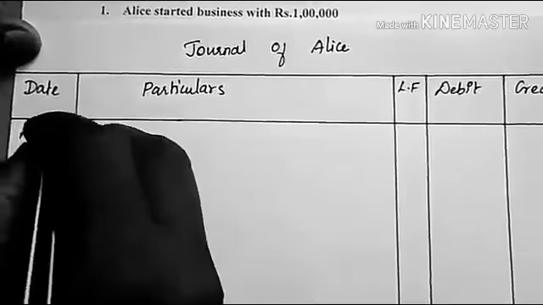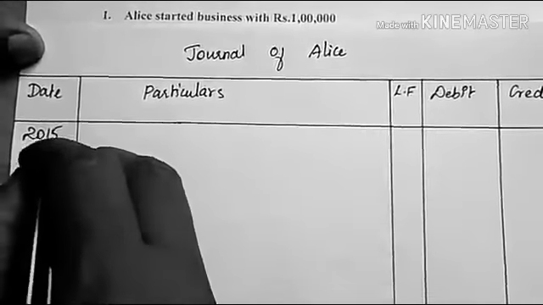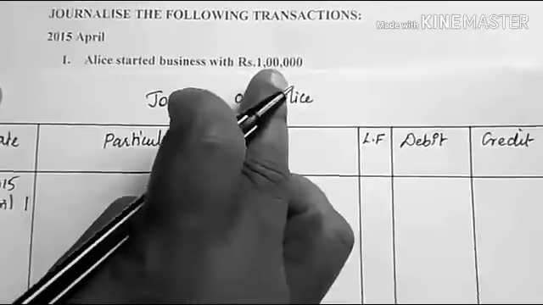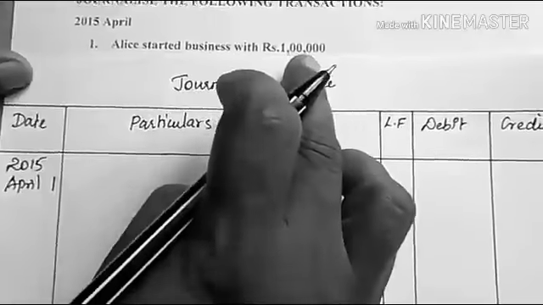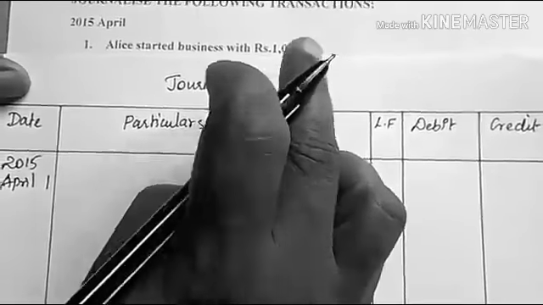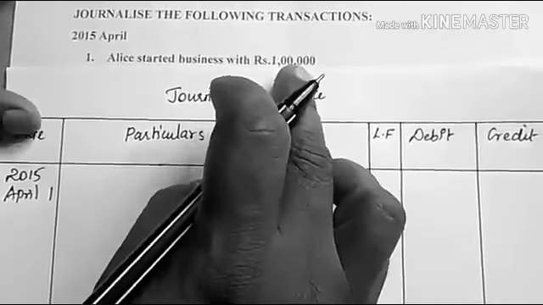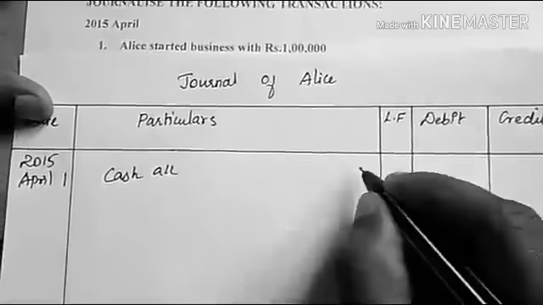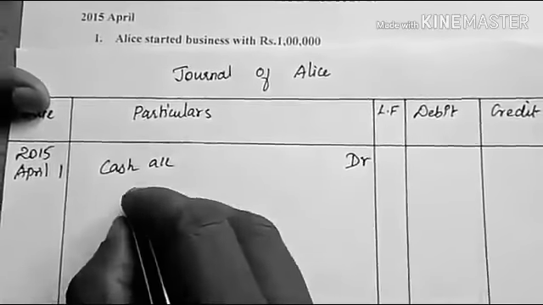So date, 2015 April 1st. Alice started business with 1 lakh rupees. So she invested capital in the form of cash, no? So when she invests the amount, what comes in? Cash comes in. So cash account debit to